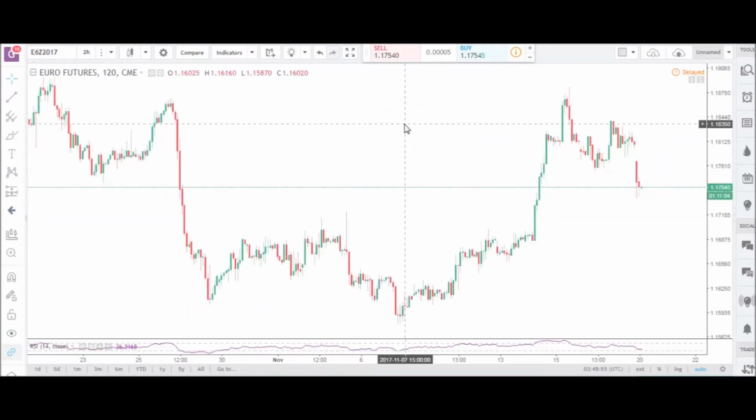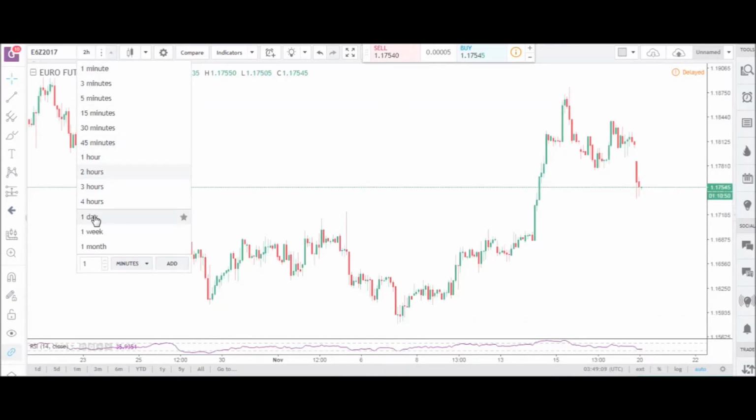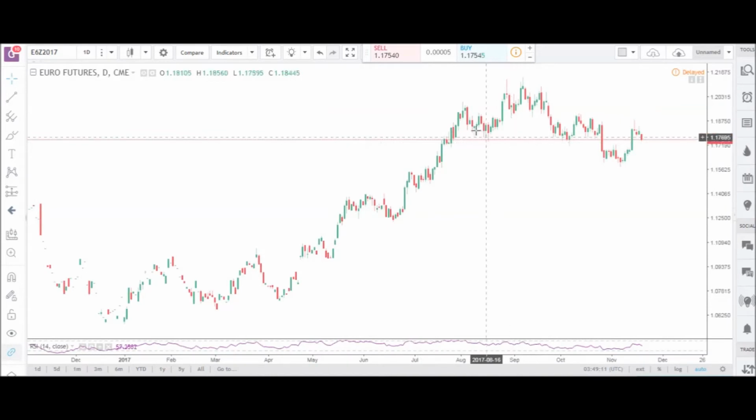Okay, so the next market we're going to be looking at is the Euro futures market, again for the December delivery contract. We've been talking a lot about this market in terms of the longer time frame chart pattern that we have here, which is a very obvious bearish head and shoulders pattern, if you can see. So we basically had the left shoulder over here, the head, and then the right shoulder,